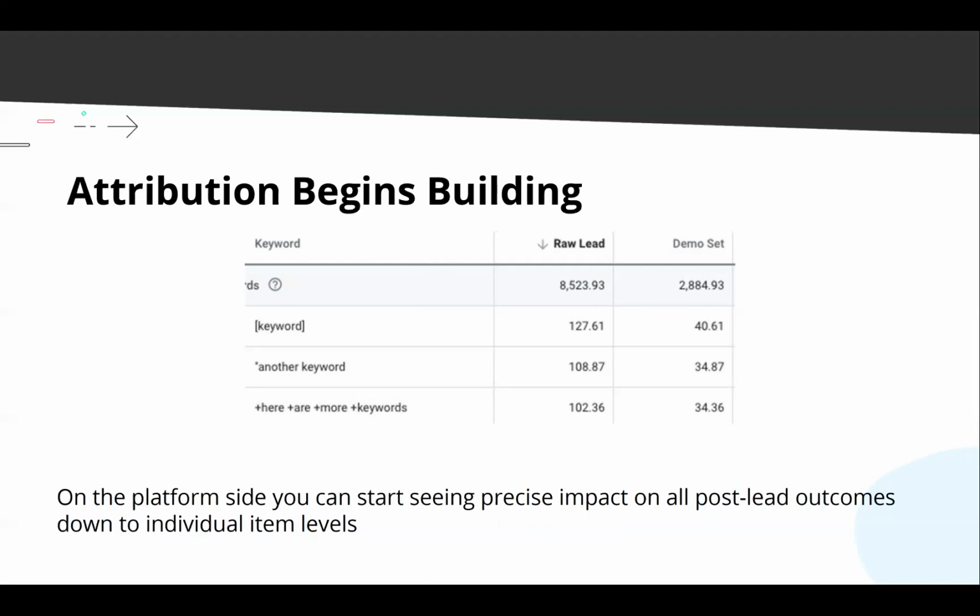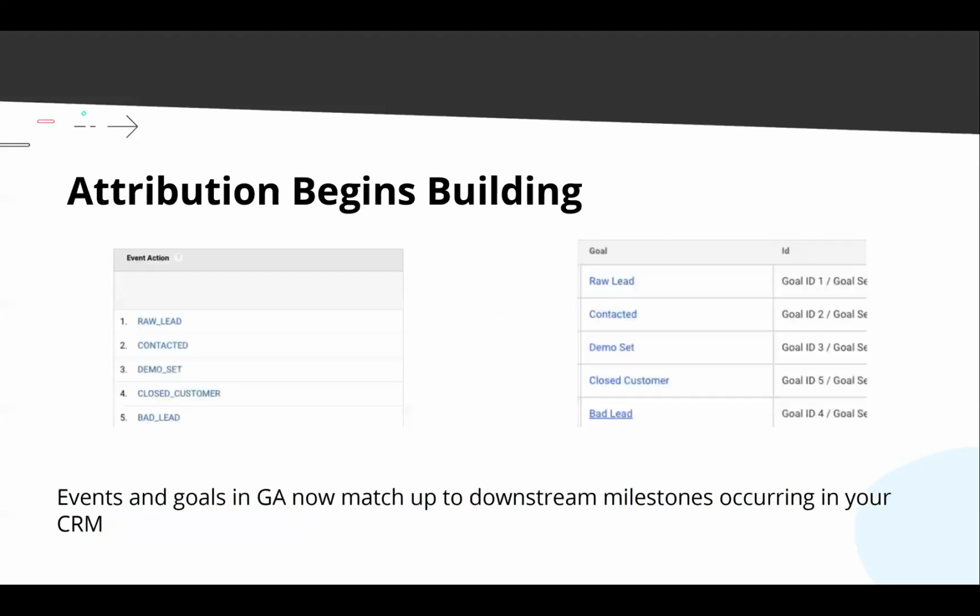These type of post-lead milestones and downstream impacts are what help you make the best business decisions with your marketing dollars and better evaluate your keywords, your channels, your ad variations and creative, your email newsletters and the articles that you post, so on and so forth. But you can't do it until you're tracking those things in the CRM and then matching it back to Google Analytics so that you can truly see not just what the last touch point was, but all of the ones